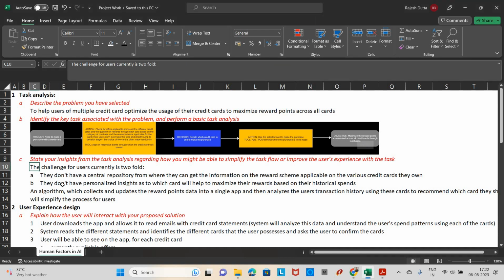The next point is what insights from the task analysis we can gather in terms of how we might be able to simplify the task flow or improve the user's experience with the task. Based on this task flow, it's clear that the challenge for users is twofold. One is they don't have a central repository from where they can get the information on the different reward schemes applicable on the different credit cards that they own. And they also won't be getting any personalized insights or recommendations as to which card they should be using to